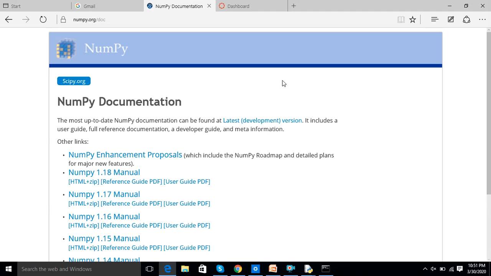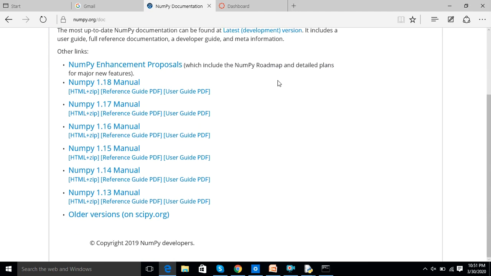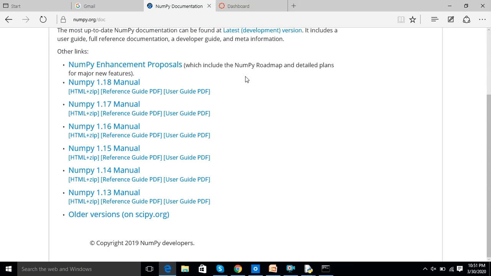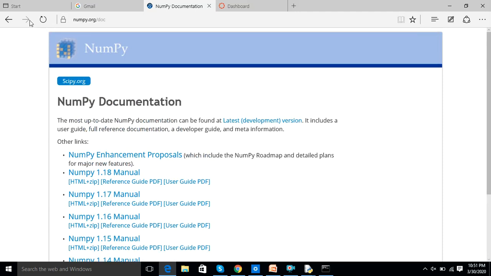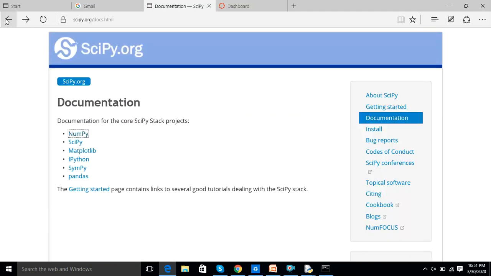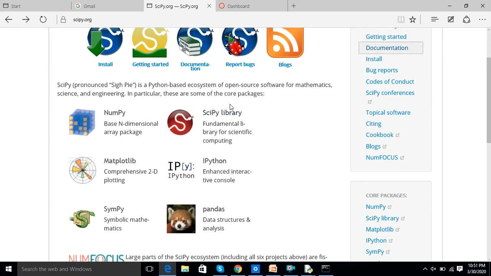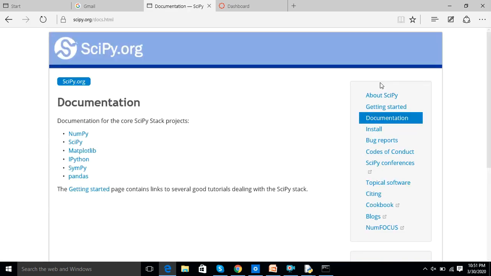So open that. Well, not here. I always miss where the right page is for looking for that information. For example, I go to the documentation and then I go to scipy.org. No, this is